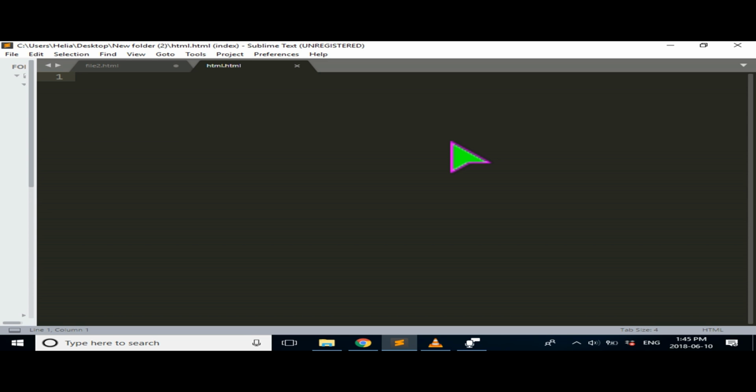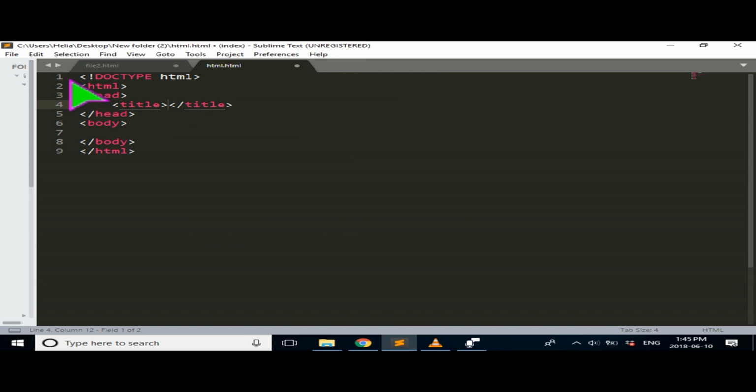So the first step is we're going to write HTML. If you're using Sublime Text 3, then you will press Ctrl and space, and it will write down all the required tags for you. So the first important tag is doctype HTML,